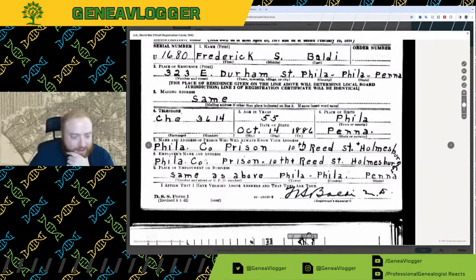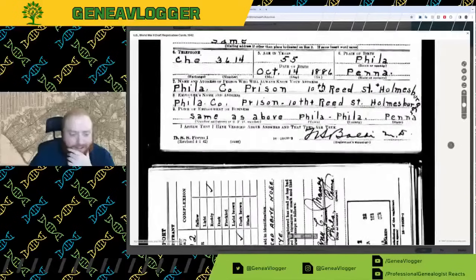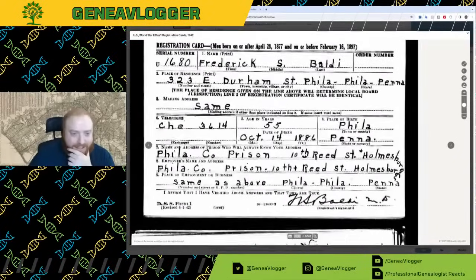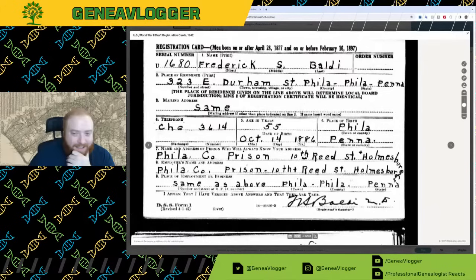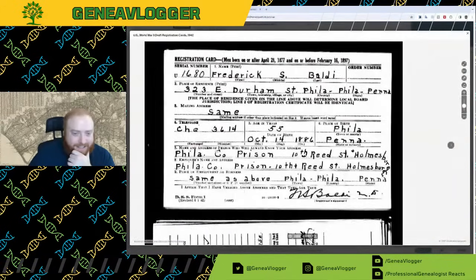Philadelphia County Prison. What? Interesting. Wait, name and address of person who will always know your address: Philadelphia County Prison.